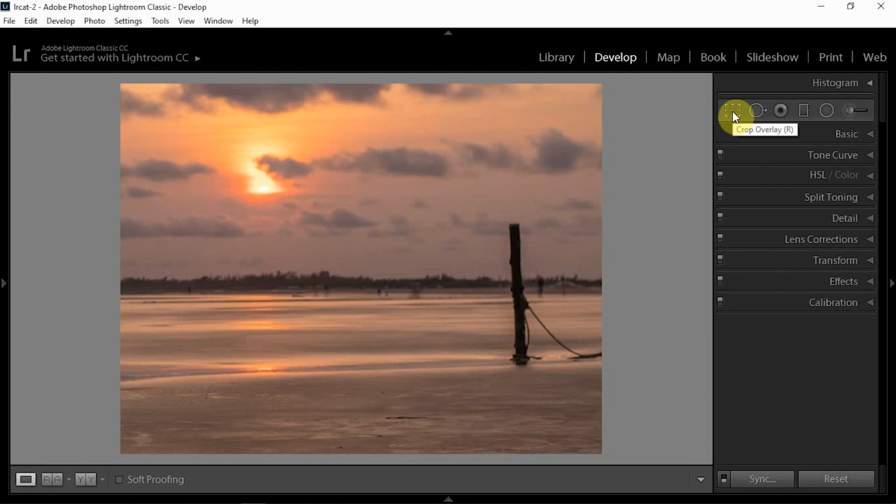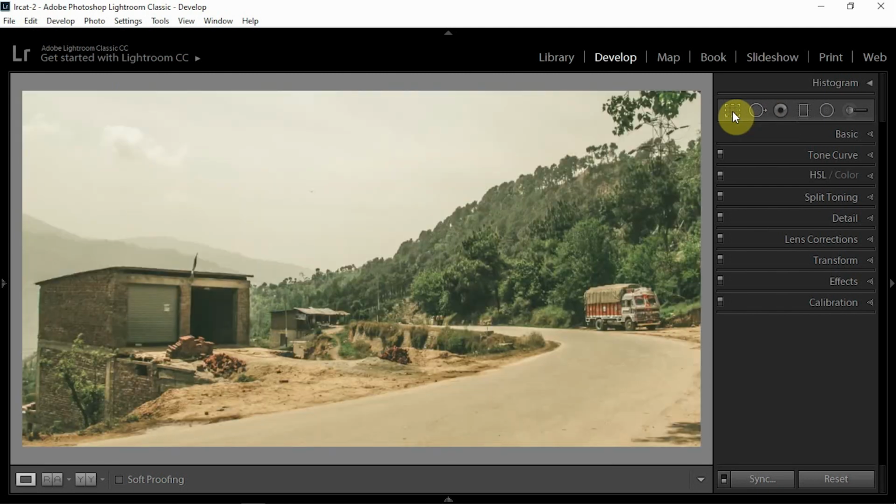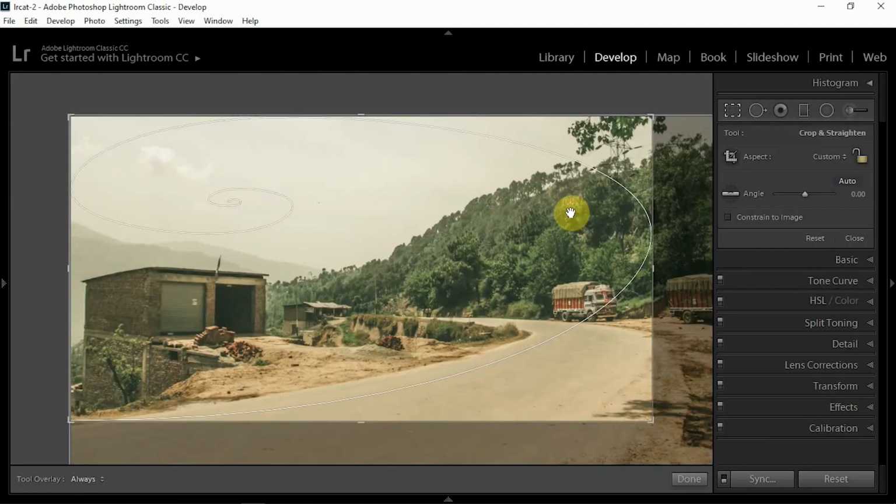For a different example like this one, if I turn on the golden ratio and if I change the orientation, what you can find is something like this.